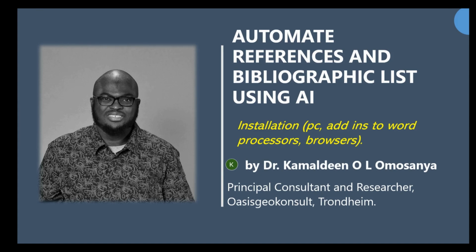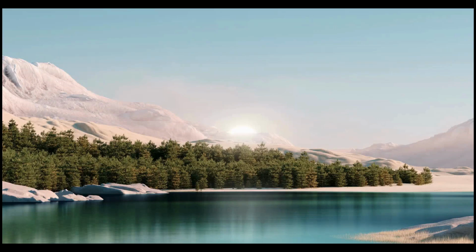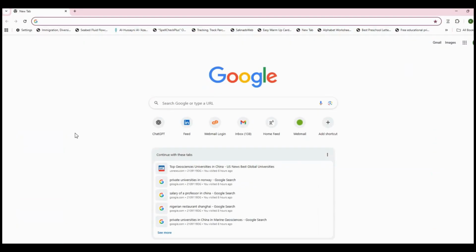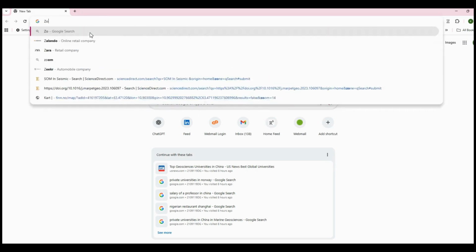Now that we have spoken a bit about Zotero and made a short introduction to what Zotero is all about, now we need to talk about how to install Zotero, both as a standalone software on your PC and also as an add-in connected to your browsers. So to do that, we head to any web browser, for example, and then we search for Zotero